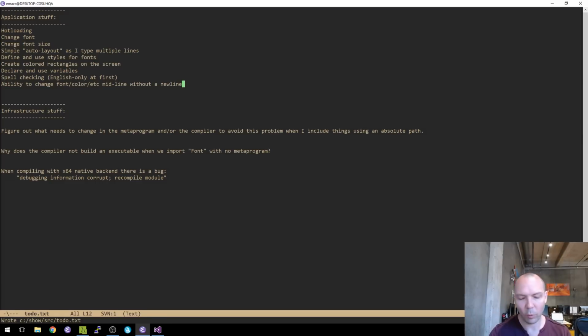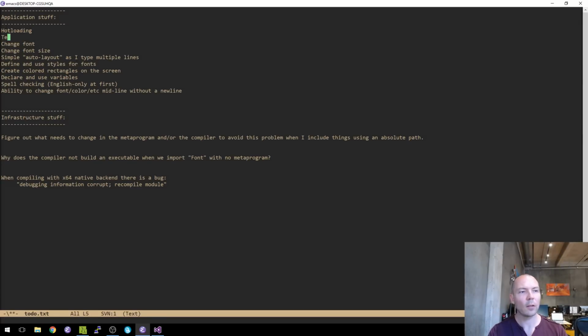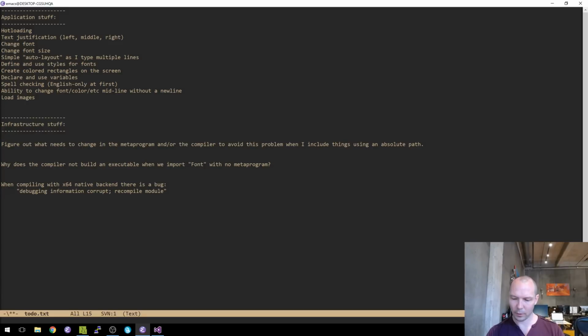Oh, we want text justification, right? Left, middle, right. We don't have that. Oh, we want to load images. Load images, and